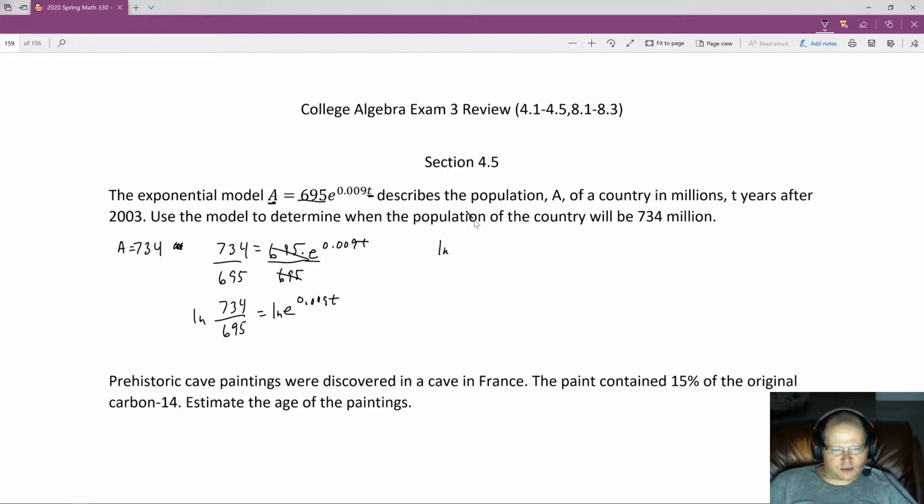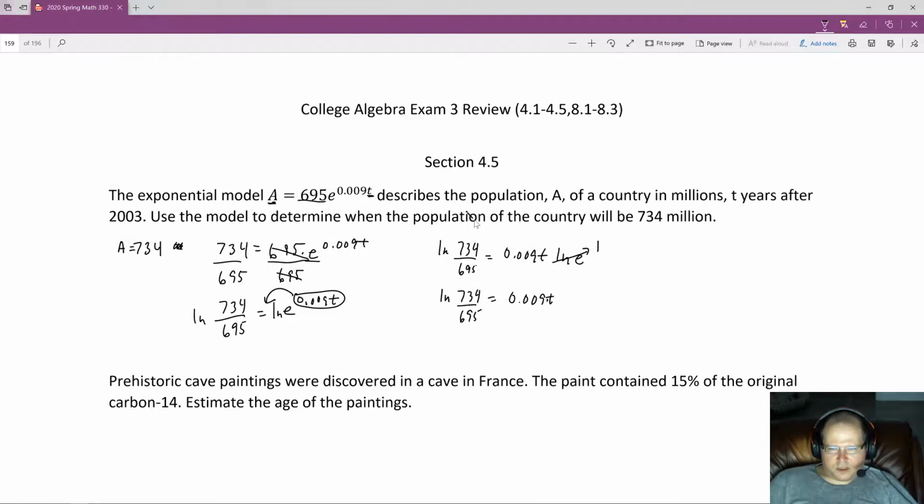That would give me the natural log of 734 divided by 695 is equal to 0.009t times the natural log of e. I pulled this exponent to the front. Now the natural log of e is 1. So we are just left with the natural log of 734 over 695 is equal to